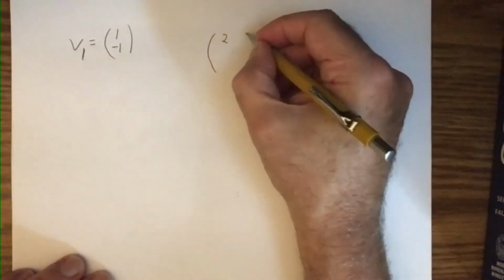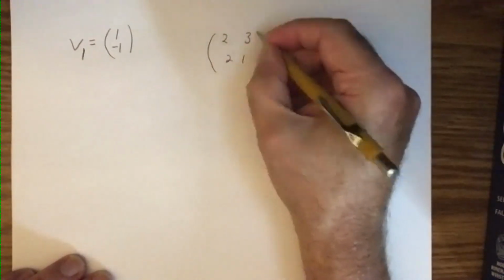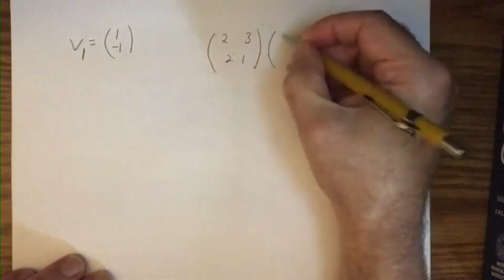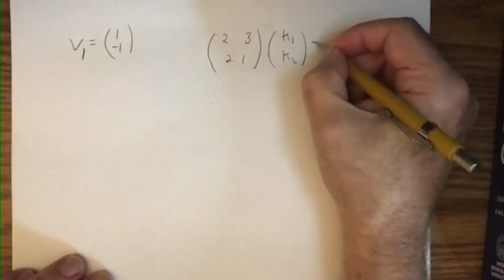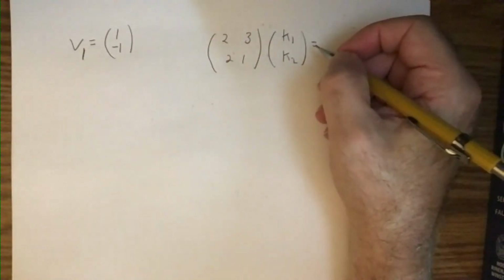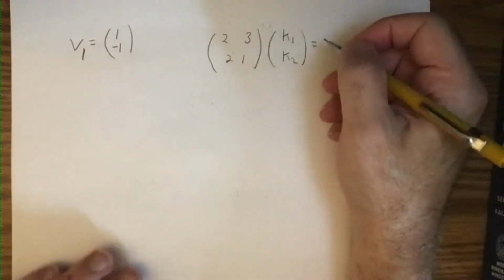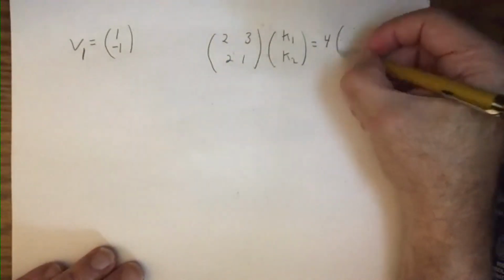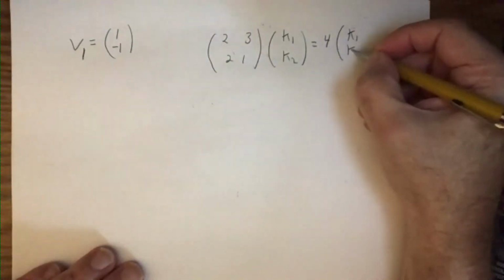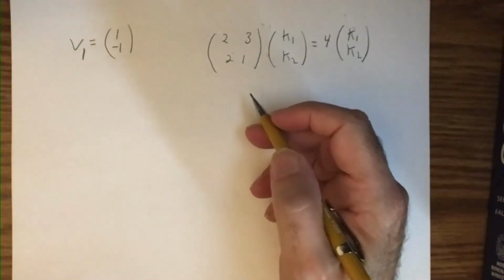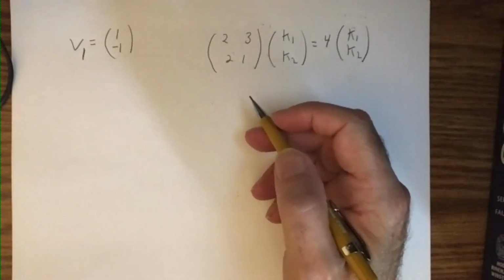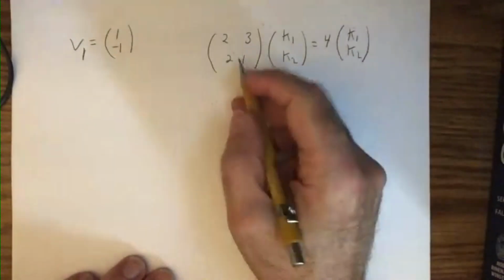To get V2, let's see, my other eigenvalue was 4. The eigenvalues were minus 1 and 4. So the other eigenvalue is 4. Let's see, I'll just do the top one. So I get